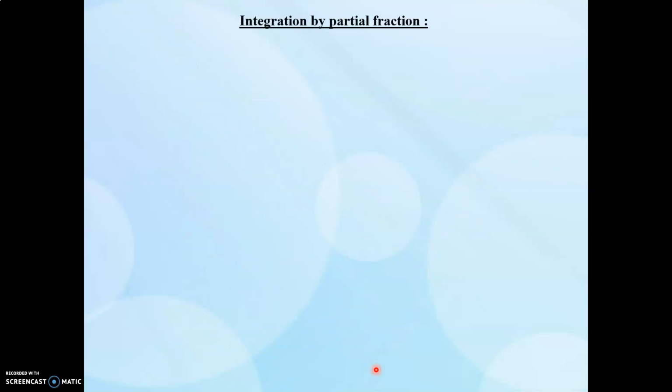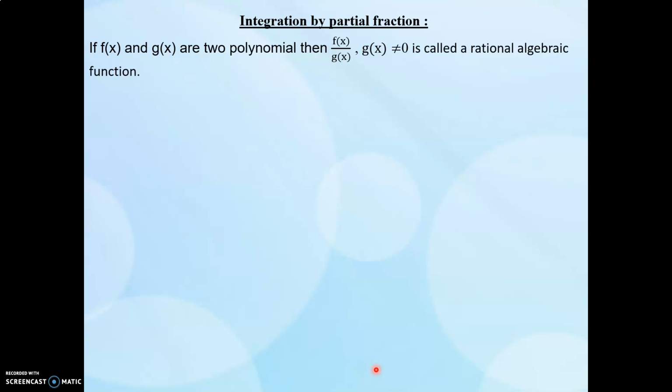Now integration by partial fraction, we'll discuss the rules. If f of x and g of x are two polynomials, then f of x upon g of x, where g of x is not equal to 0, is called a rational algebraic function. So this is the third method we are studying in this chapter. Integration by substitution, integration by partial fraction, and integration by parts. These are the three main types of integration in this indefinite integration chapter. First we studied integration by substitution. In the previous two videos we discussed integration by parts, and this is the third type,